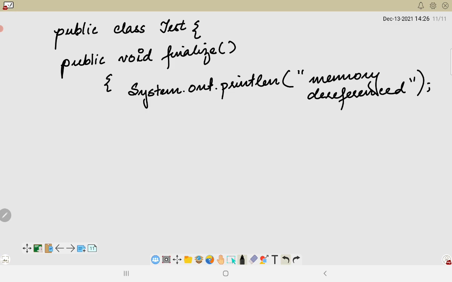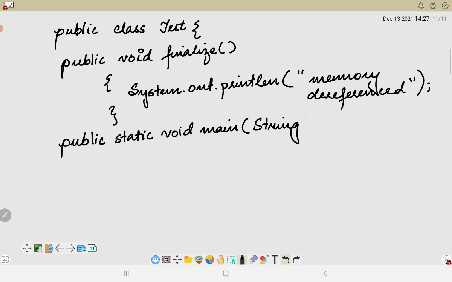After that we will simply close the method, and then let's write the main method, which is public static void main, String arguments, which is an array.